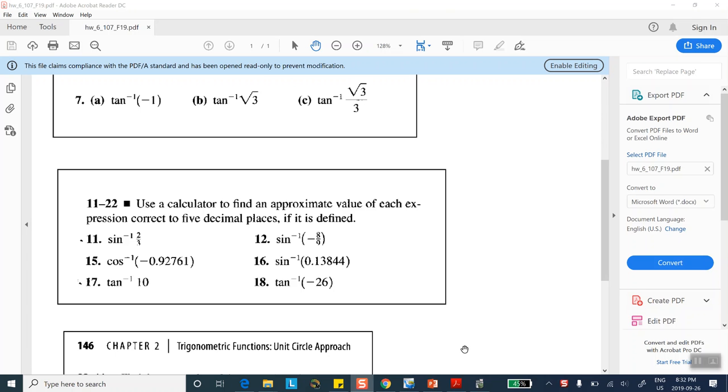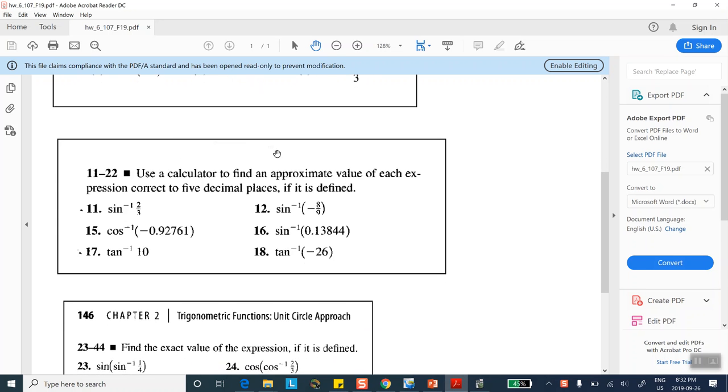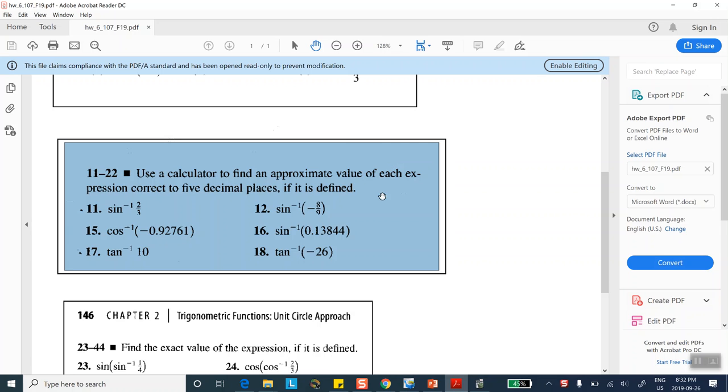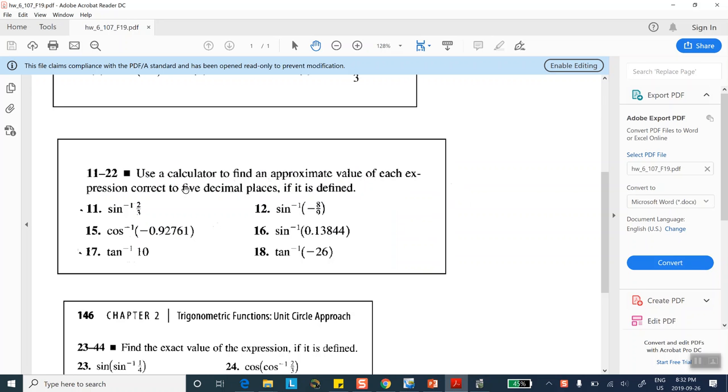Okay, this is the second video segment on the solution of homework assignment number 6. I'm going to be concentrating on these types of problems where it says that, since these are not standard angles that we have memorized, go ahead and use your calculator to find the value. Just a word of caution: because we are doing sine inverse, and at this point we haven't really discussed anything about degrees, we will do that in chapter 3,